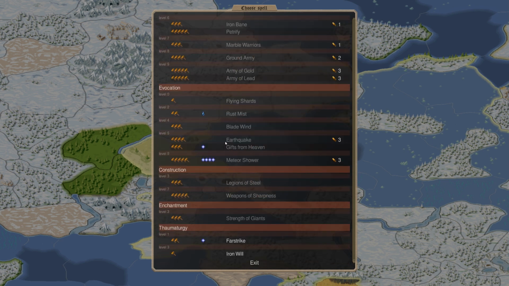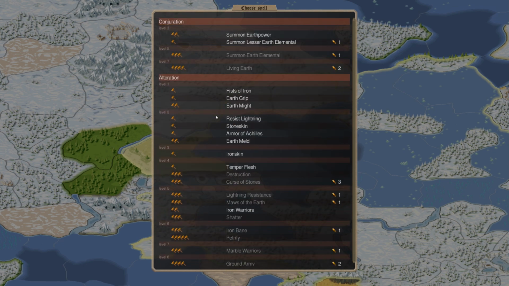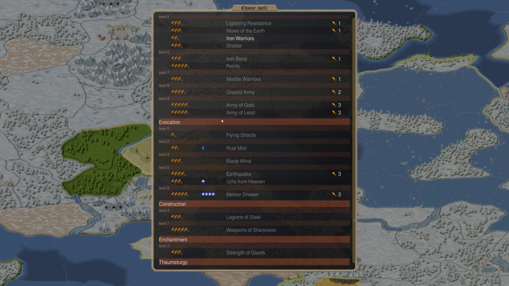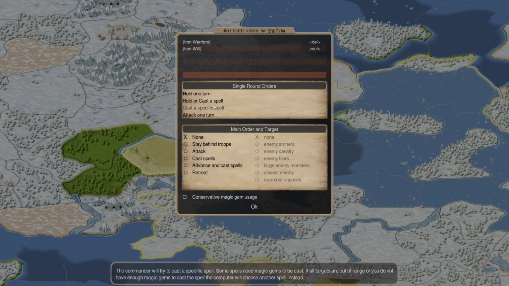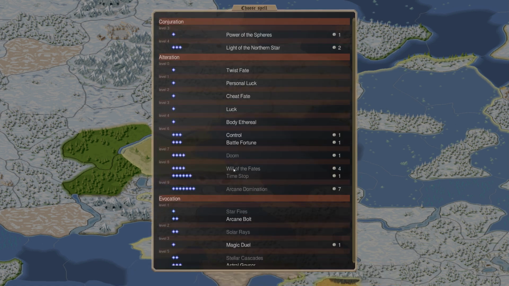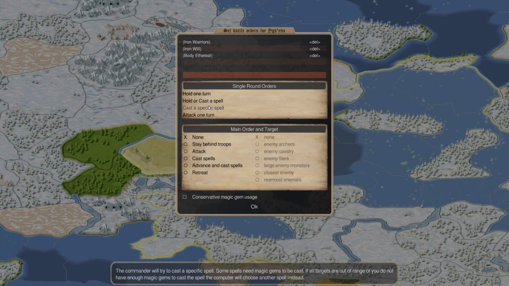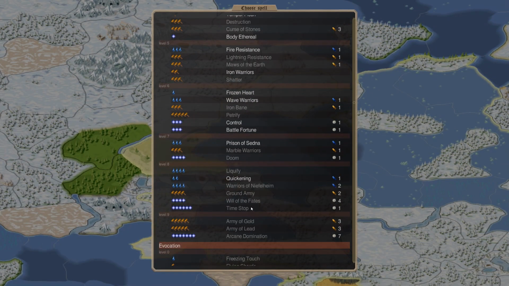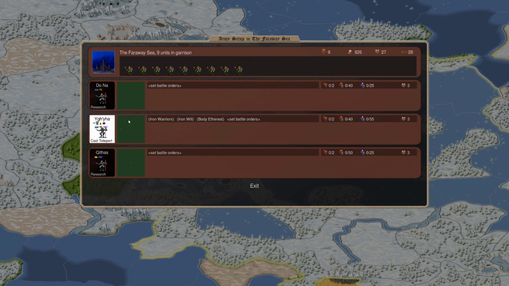I'm not really worried about shock resistance or anything, because he could try to throw off a ground army or something. But I think Iron Warriors is the main thing I want him to cast in Earth. I can't think of anything. Well, I guess Iron Will actually would be legit. And then an Astral, that'll make it so I don't need to do...